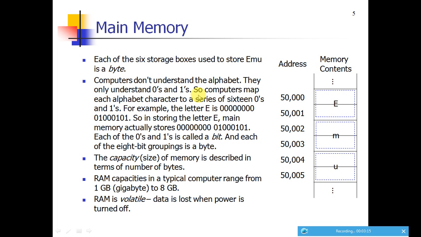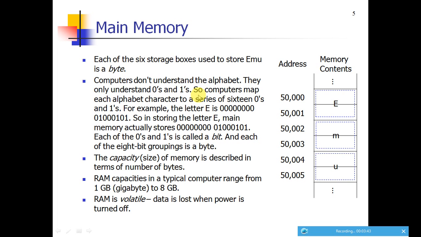For example, letter E is 0000000001000101. This is the equivalent value. So in storing the letter E, the main memory actually stores 0000000001000101.